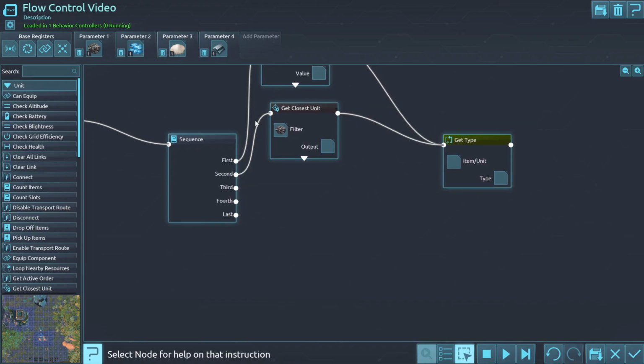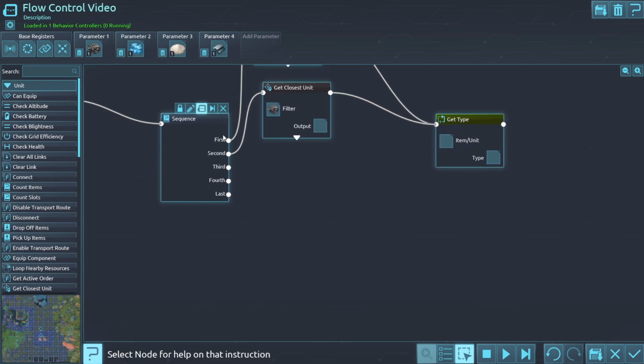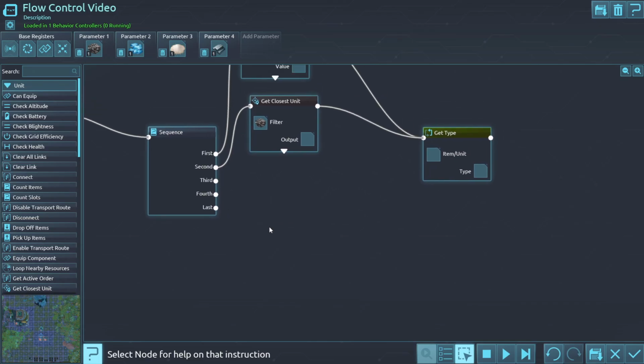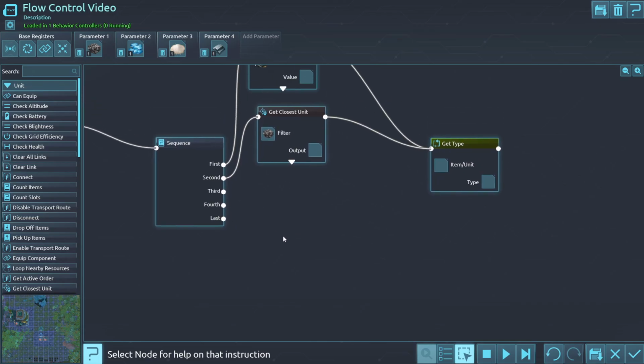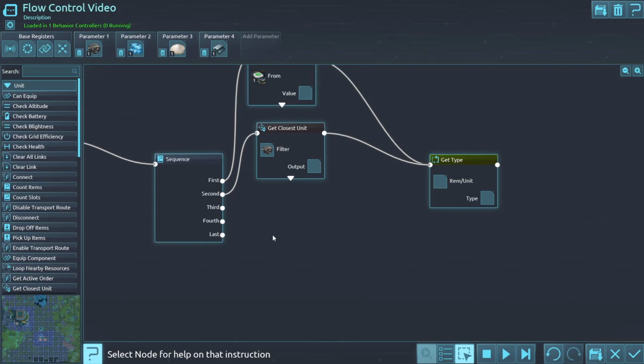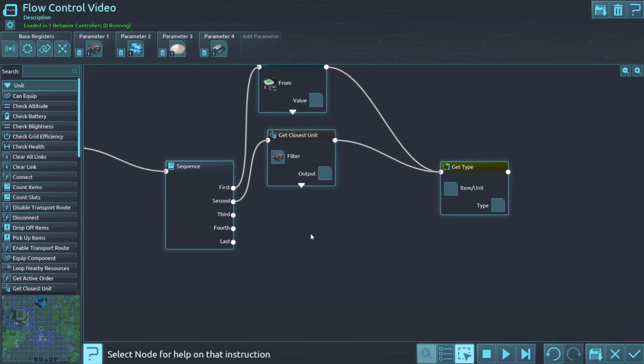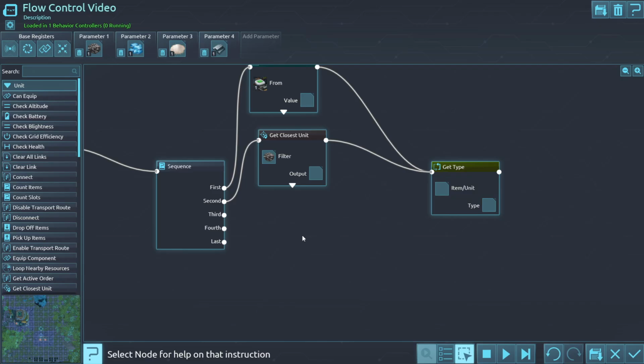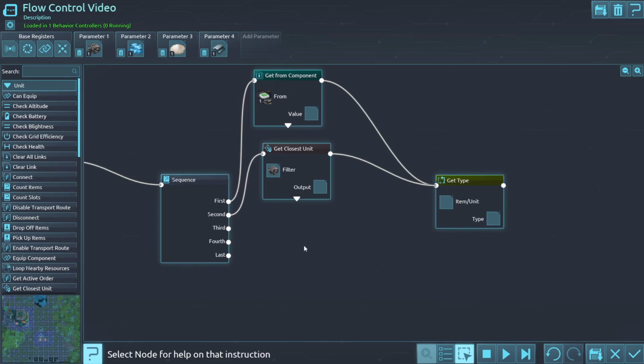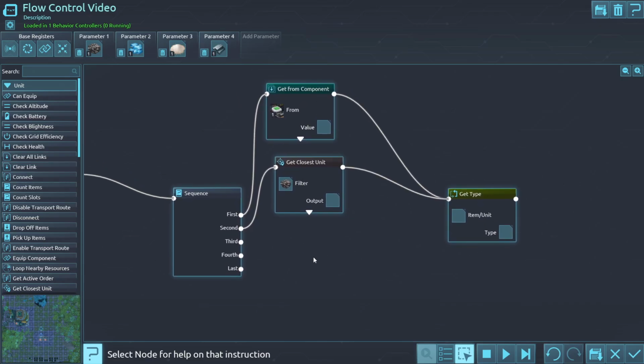Or I could put a sequence on each of these and do 5 different in-sequence operations in all 5 of these little things here, little outputs. So there's lots of ways that you can kind of pretty up your code. The only time that this would really function, not just as a way to pretty the code, but also as a way to simplify your code, would be in a situation where you wanted to get data from different